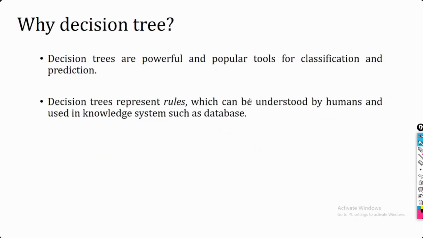Now the thing is, why do we need this decision tree? What are the major advantages of the decision tree? The major advantage of the decision tree is that it is quite simple, not that complicated. And the next one is the model which you are able to build using a decision tree. Based upon the model, you can also formulate the rule.